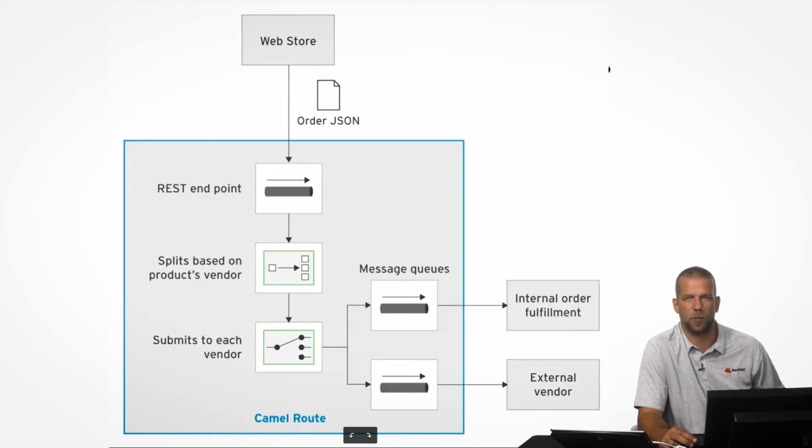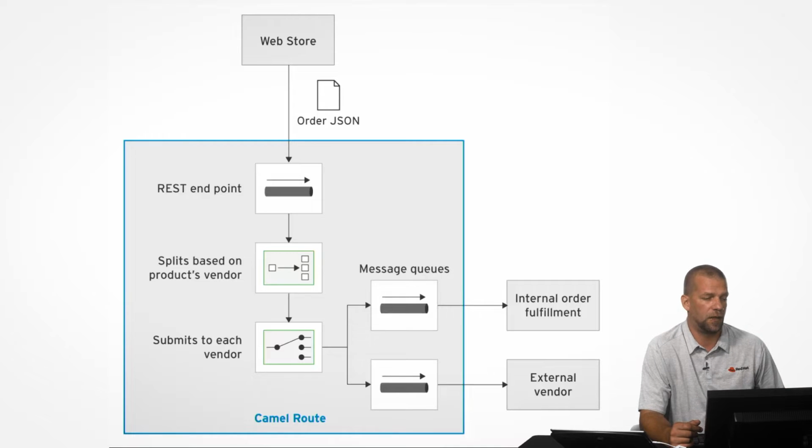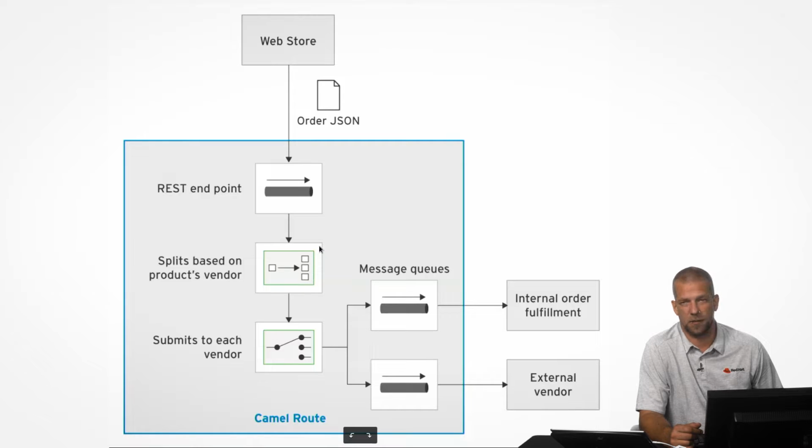So a similar example to what we were previously looking at is a simple route which can receive JSON requests from a web store through a REST endpoint. So the web store is sending the JSON orders to our Camel application. Those orders may contain several items, obviously, which may be supplied by different vendors. So these orders are then split using the splitter EIP into several sub-messages, each of which is then processed by a content-based router, looking at the product ID, establishing the vendor that particular order should be forwarded to, and then